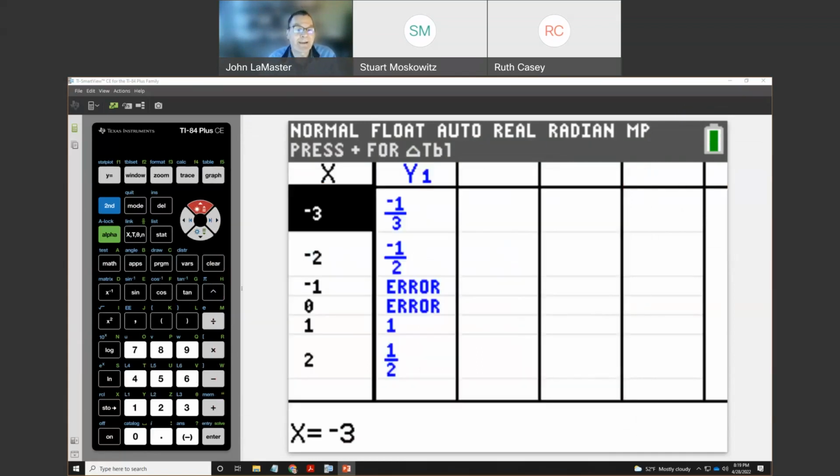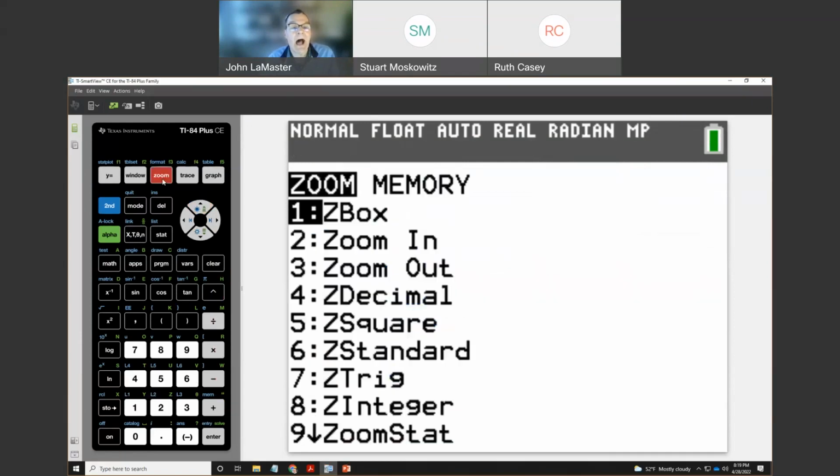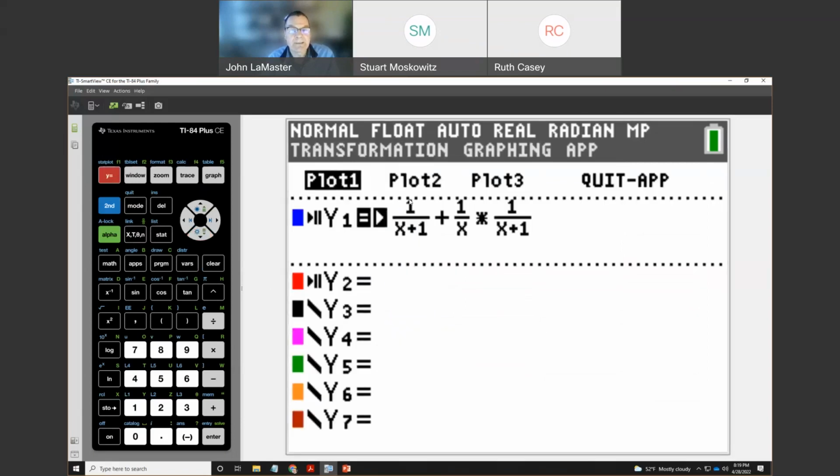If I press, there's a standard feature here, and I have a zoom 4 going on. And what I'd like to do is notice, oh, this is interesting. Look at my y equal. Did you notice that there's some wacky stuff happening in here that may look different? This was not intentional. Well, it was intentional, to show you that sometimes your students will get wacky stuff happening, and it's because transformation graphing is on,